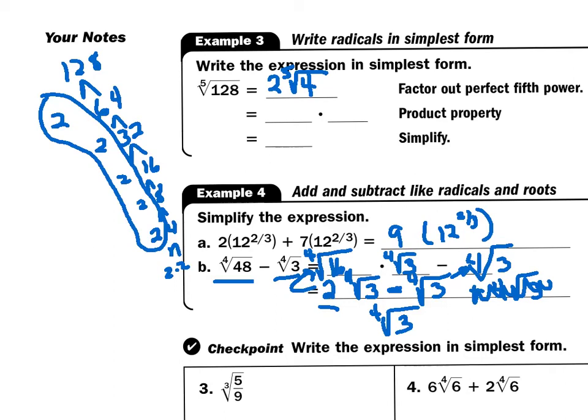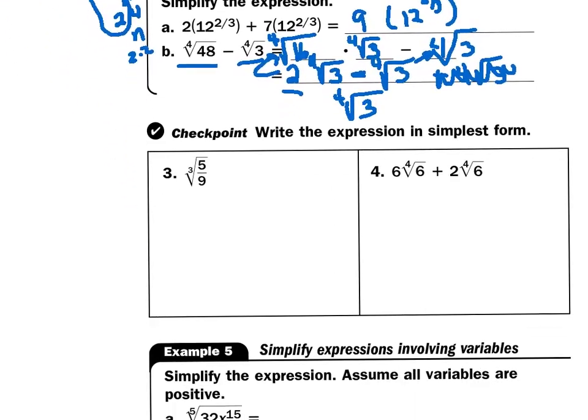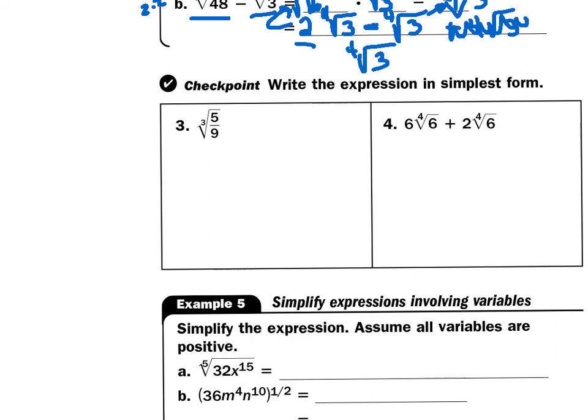And these, I do admit that these can be a little confusing. So the only way to know how to do these is do a whole bunch of them. And let's look at the checkpoints. So write the expression in simplest form. Remember, we can't leave that cubed root of 9 on the bottom. So go ahead and simplify or split them up and then multiply